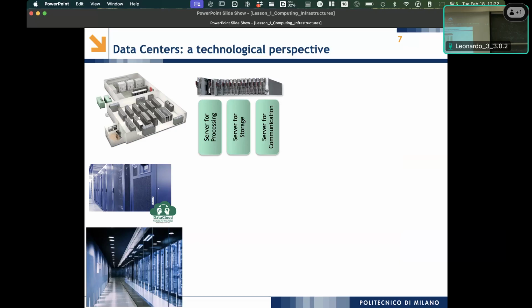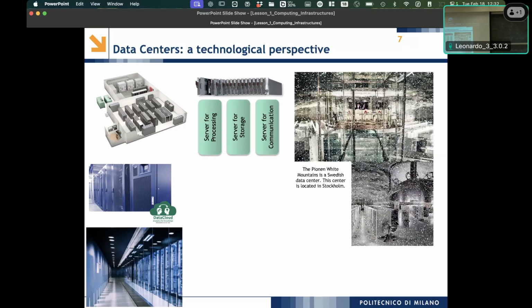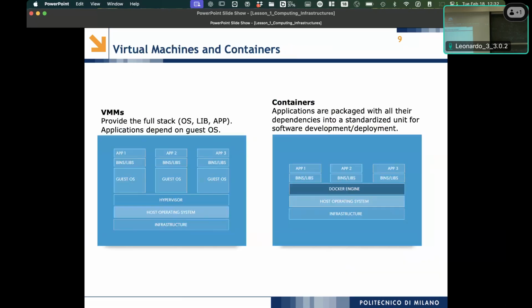The characteristic of this system is also to be virtualized. So on the software side, virtualization is a technology that allows us to build interesting services today, and is the software that really allows us to manage the system as a whole and to partition the resources across several applications.